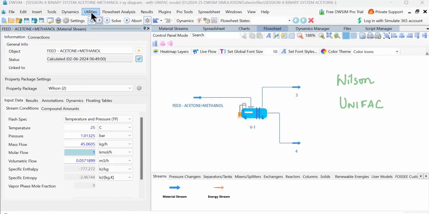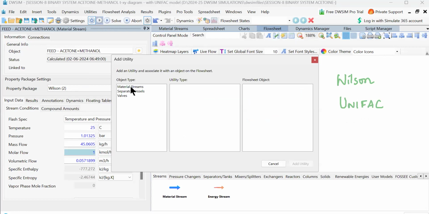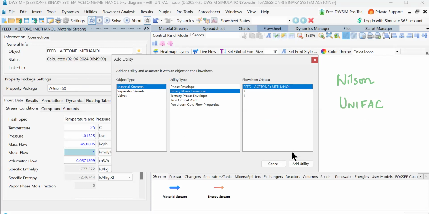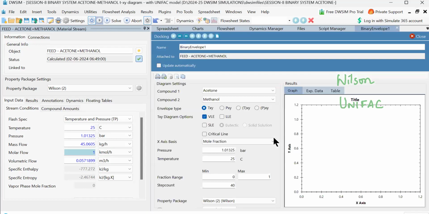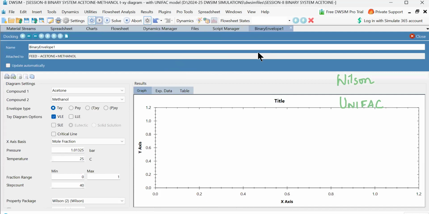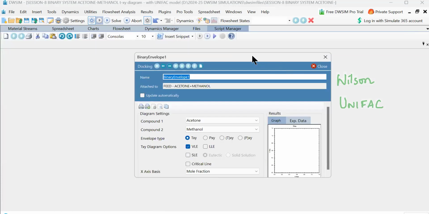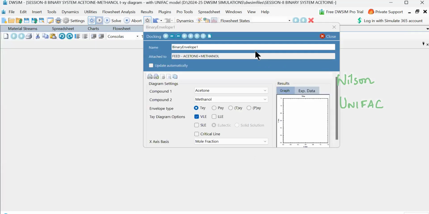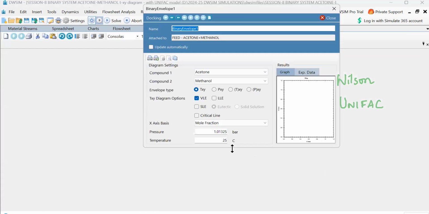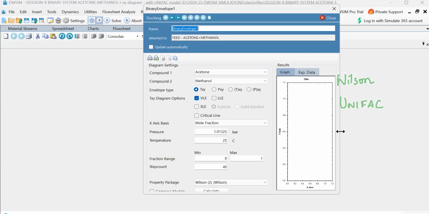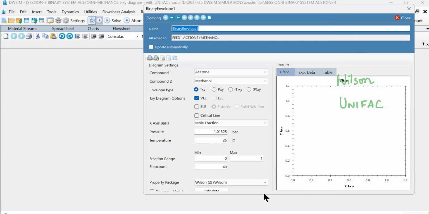Okay. For that, I go to utilities, I add utility, I take material streams, I take binary phase envelope, I take the feed stream, acetone plus methanol. The name of the stream is given as feed acetone plus methanol. Add utility. This is the utility we are seeing here. Okay, let me dock this away. And only this binary envelope I will take out so that you can see all the tabs available in this. If I just scroll up like this,